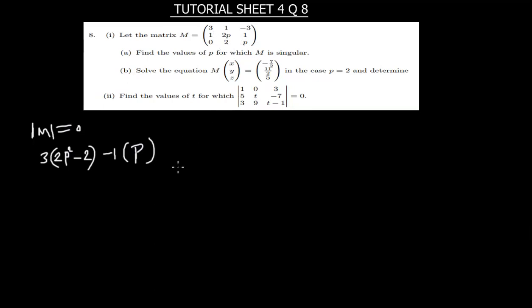And then we move on to negative 3, this side. So what we're finding is the determinant. We said after finding the determinant, we're supposed to equate it to 0. And then, so we write the negative 3 there, we open the brackets. The minor for negative 3 will be 0 times 2P, which will be